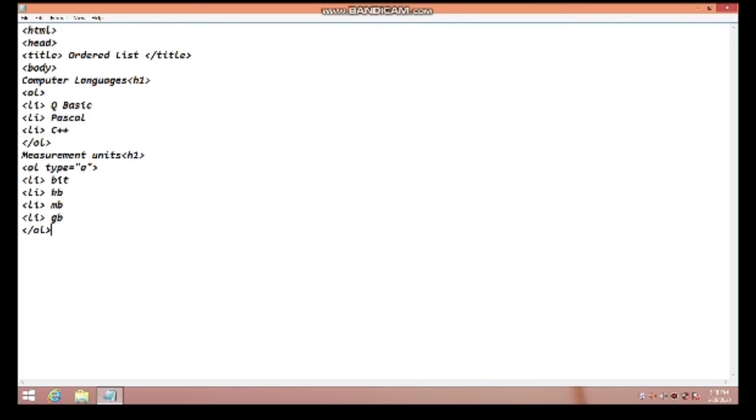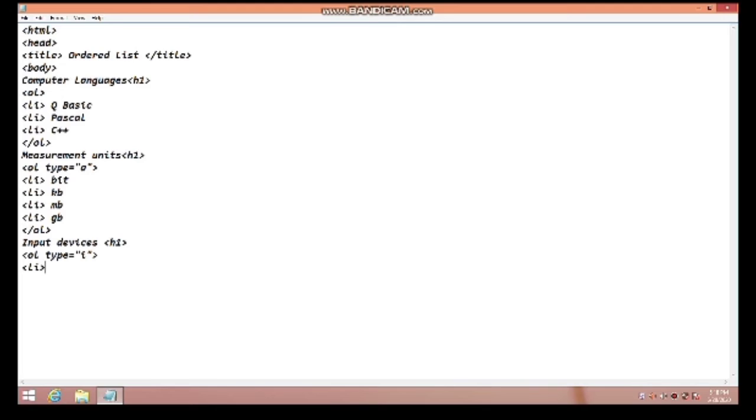Now we'll give another heading, input devices. This is another heading. Now again we open the OL tag. Now we change the numbering style. So we'll change it to Roman numerals in lowercase.